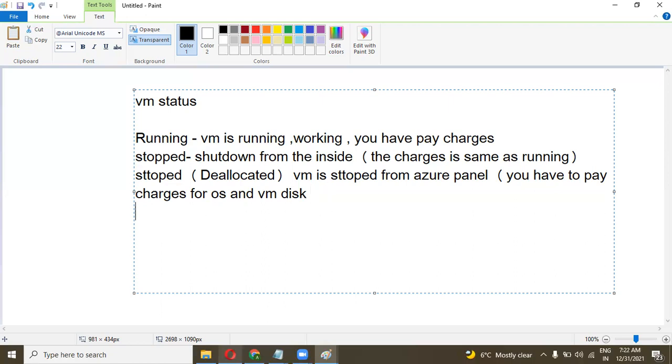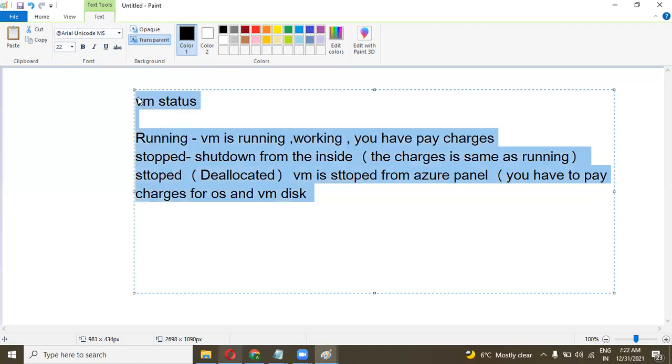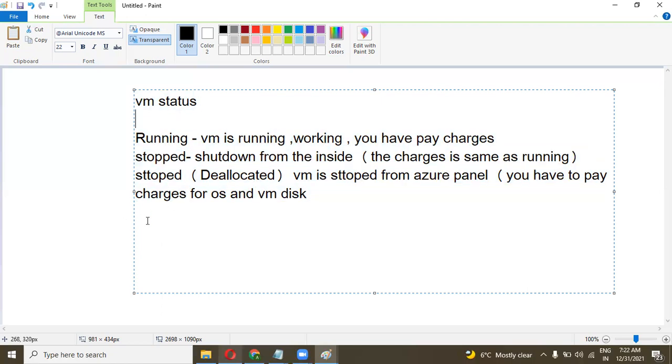And what are the limits of a VM? These are the things about VM status. What are the VM limits? Let's go to the VM limits. Go to the panel.